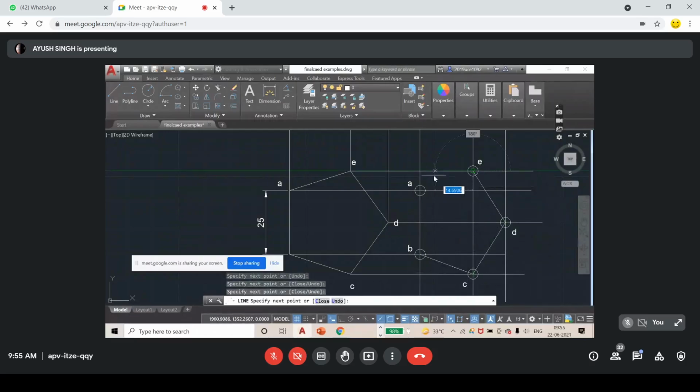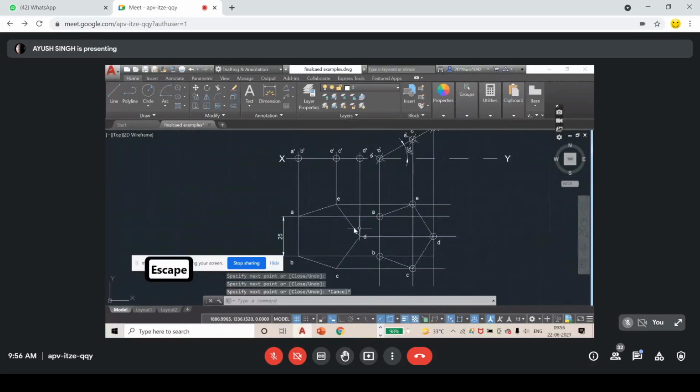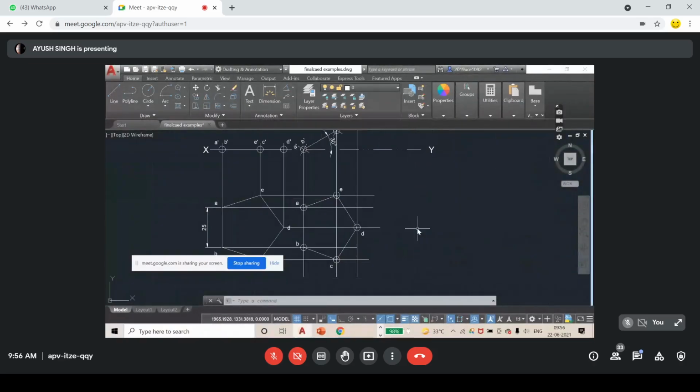Okay, so join like this to A. Now what is the difference between this top view and this top view? This is a little bit compressed. This is not our regular pentagon. This is a bit compressed pentagon. And why is it compressed? Because as you see, when I have rotated this 30 degrees above, you will see its projection of course will shrink. Okay, so that's why it is happening.